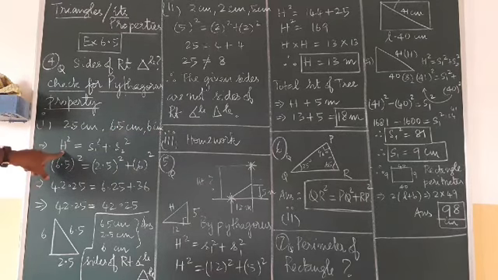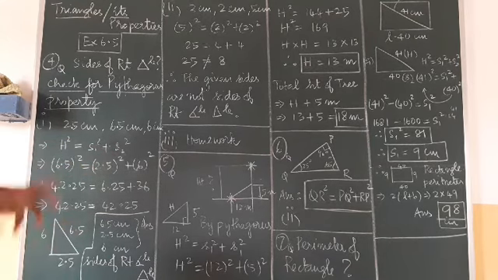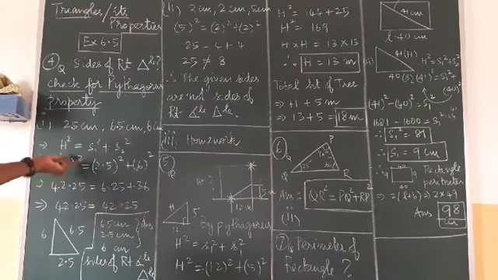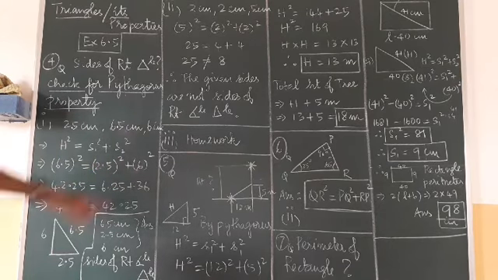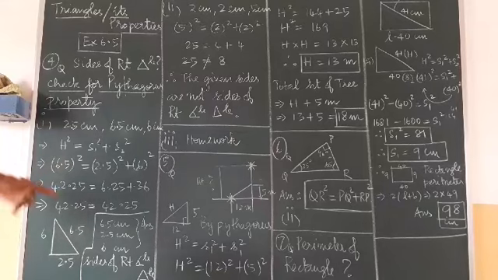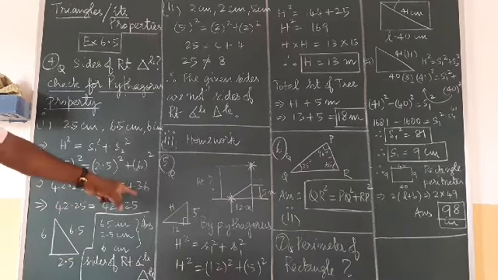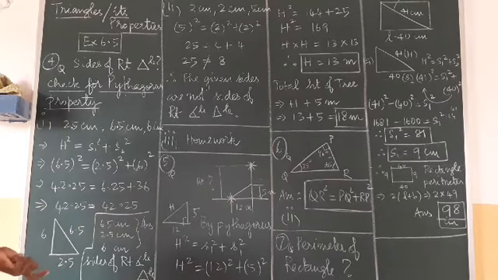So we know the hypotenuse square, the highest side square, will be equal to the sum of the squares of the other 2 sides, s1 square plus s2 square, first side and second side. So I am taking the largest side as 6.5 whole square, one side is 2.5 whole square, another side is 6 square. Then squaring, we get 42.25. Here 2.5 squared is 6.25, and 6 squared is 36. If we add both, we get 42.25 on this side, and on the other side we also get 42.25.